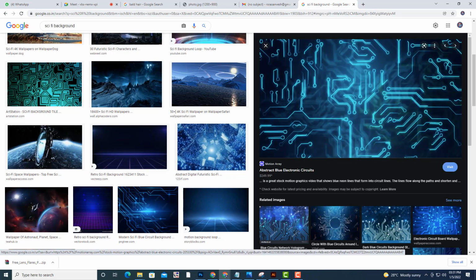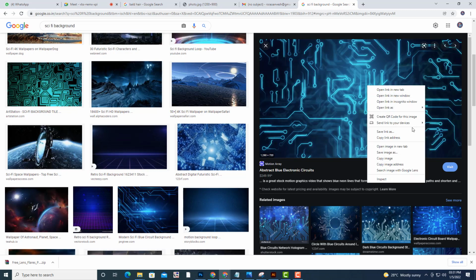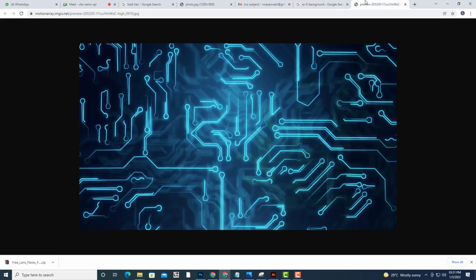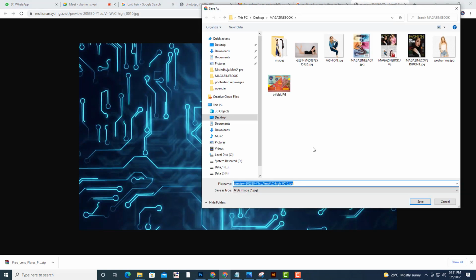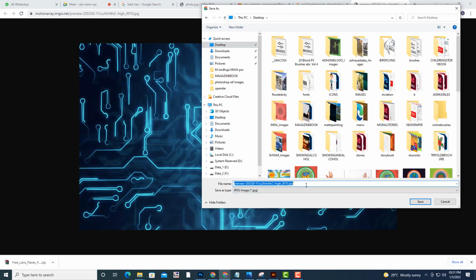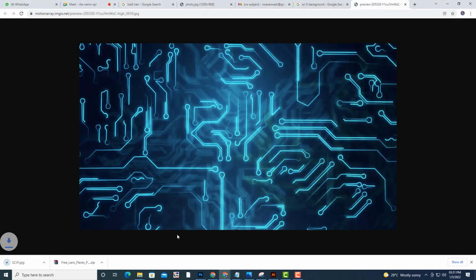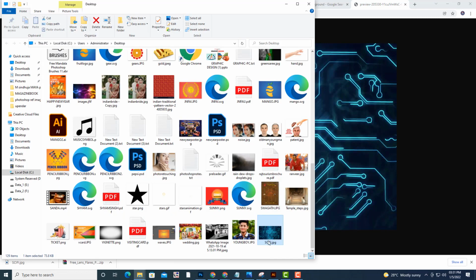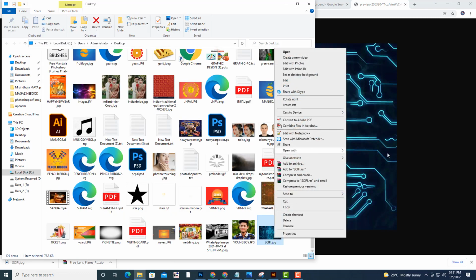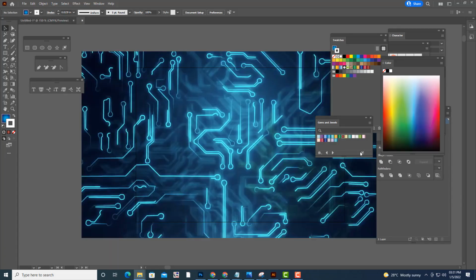This looks nice, this is not having any copyright. So we'll just download it. Then we'll open it with Illustrator. So we'll just drag it.